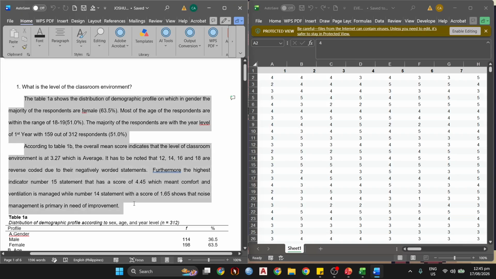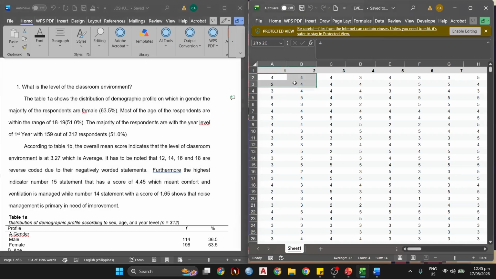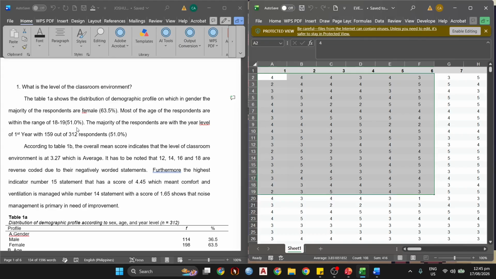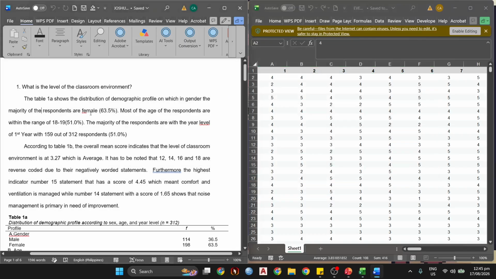So we are just explaining, say, the demographic of your research. As you can see here, it is said here that the majority of the respondents are female, 63.5%.